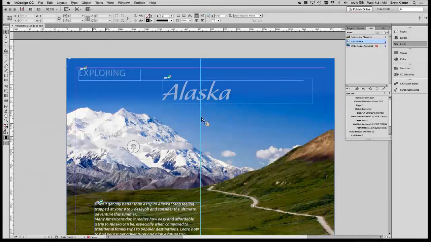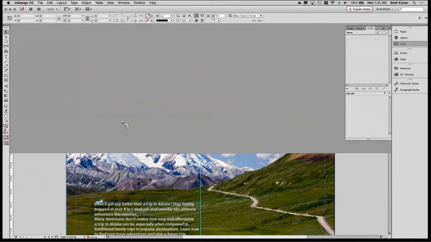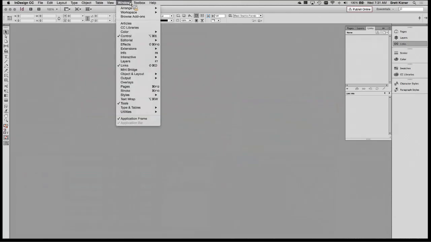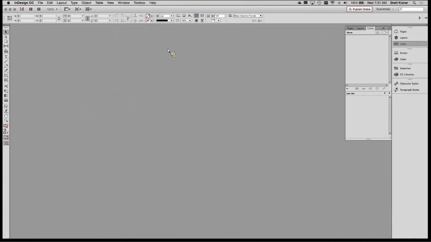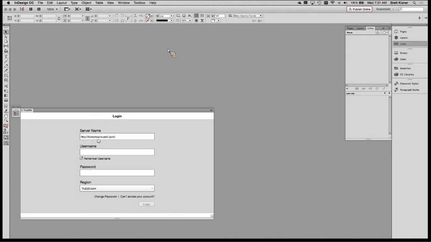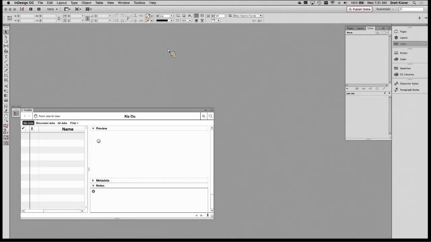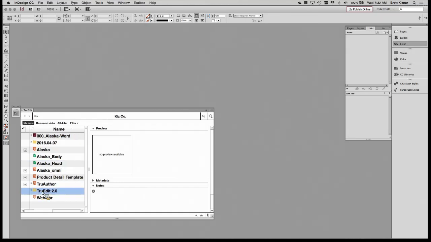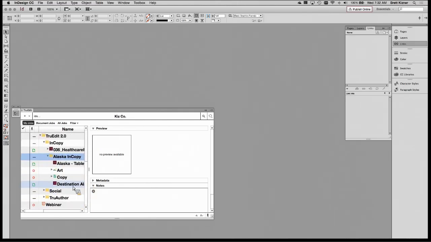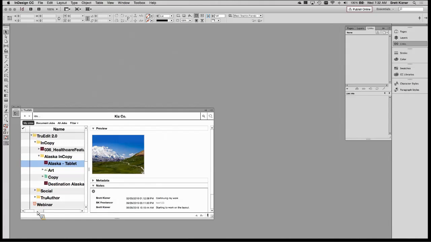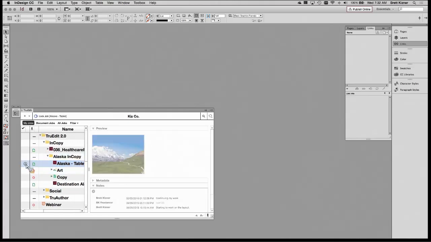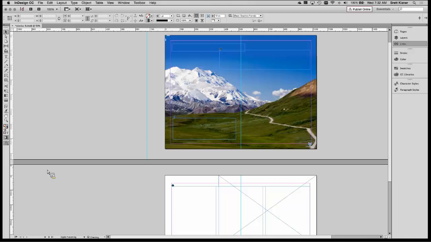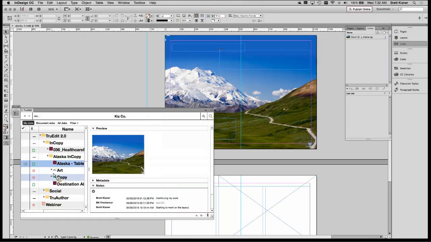Now that I'm working inside that layout, though, I have the ability to do a number of things. I can come into another frame here, and TruEdit will automatically prompt me if I want to check out that story. I can do that, and without having to go back to the panel, I can get immediate access to that text to begin making edits. I also have the ability to access a TruEdit contextual menu where I can save versions, I can check out everything, I can check in everything. I can even access the workflow. I can assign something to another member of my team.